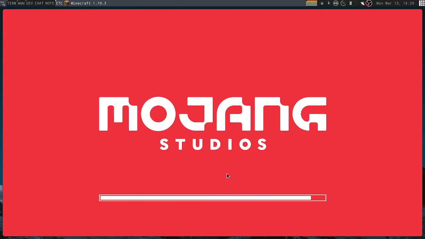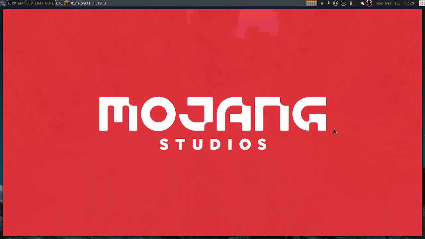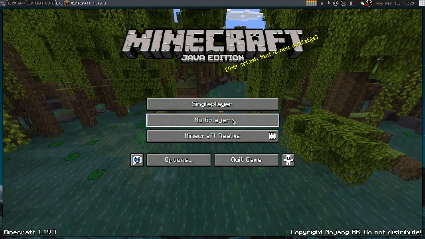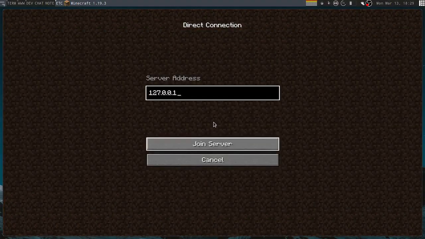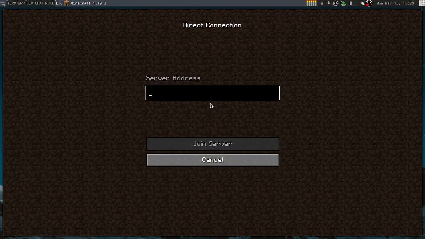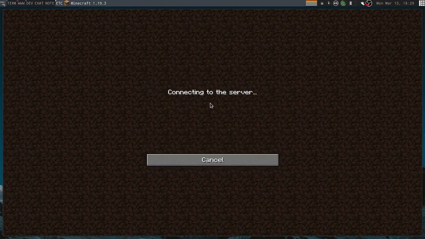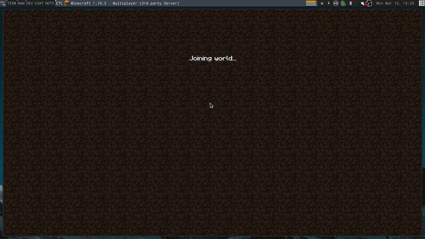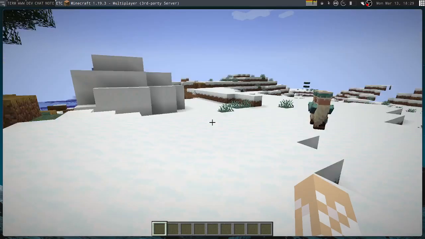Here we go. Yeah, this is my CPU usage right here. All right, here we go. Can I just do localhost? Yeah.